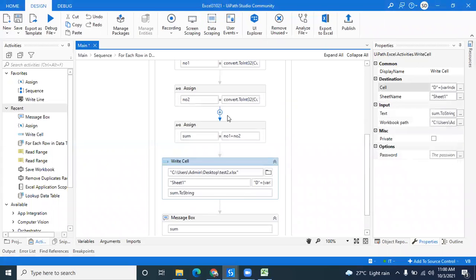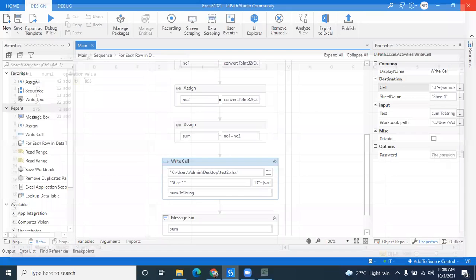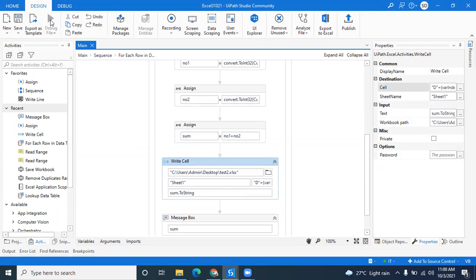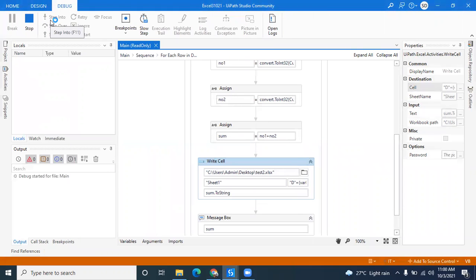Index always starts from 0, but in 0 we don't have anything to write. So you should always put plus 2. Let me run. This is our perfect solution. All values should write in the proper cell.